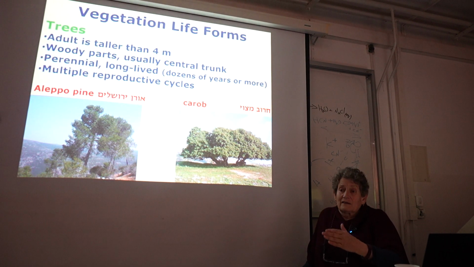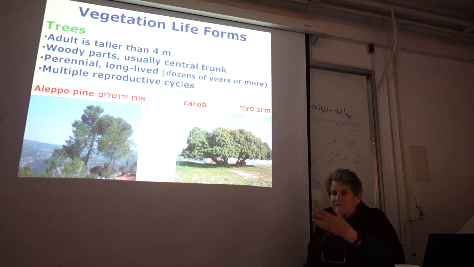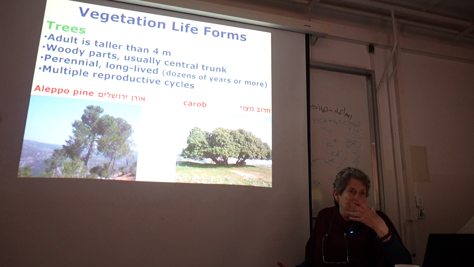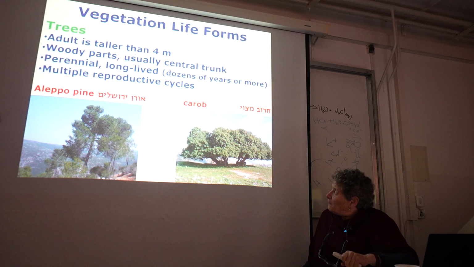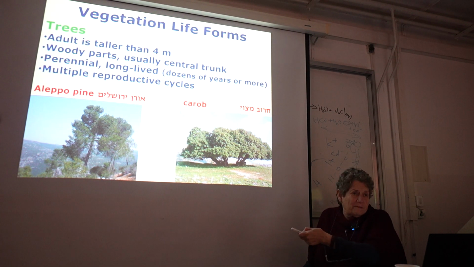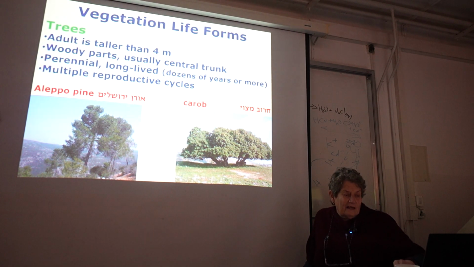Perennial means that it reproduces every year. Every year it produces flowers and fruits and so on, and can live for many years. One example, of course, is all the pine trees that we have. The carob tree, even though